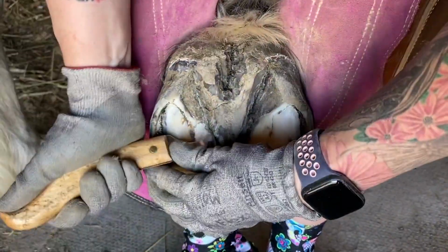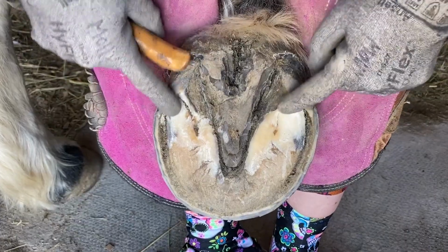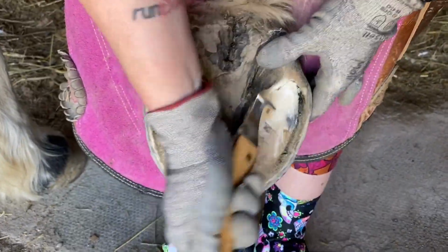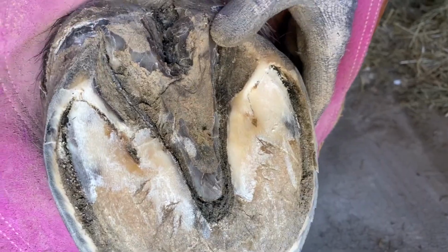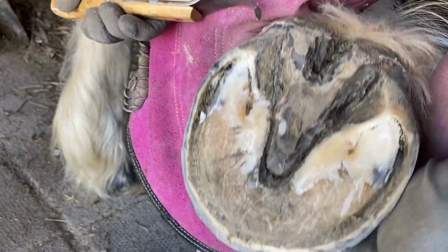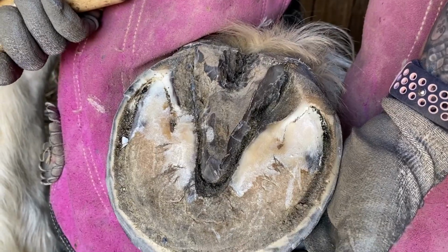So just finishing cleaning that up. Now, you'll notice I'm running into my heel purchase. This wall is curling over, and it actually creates a pocket way back here. The seat of corn keeps going all the way under there. And on the other side, it's still chalky up there. Way up in there, it's still chalky. See that up in there? And that actually will create what we call a corn,